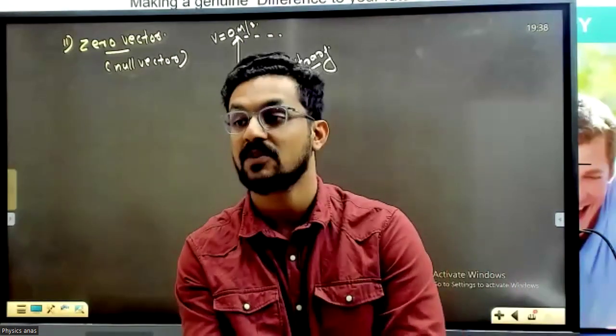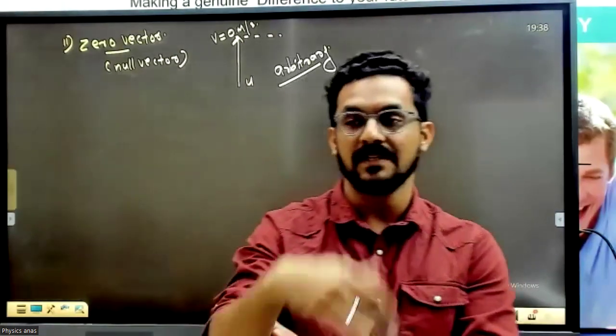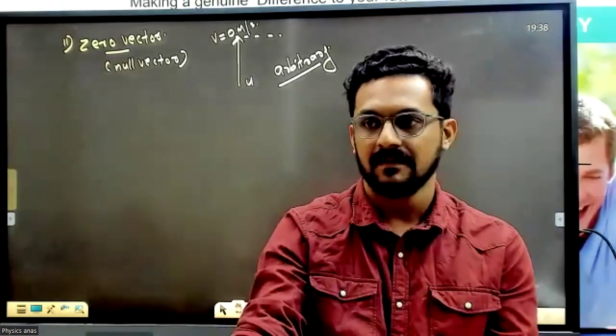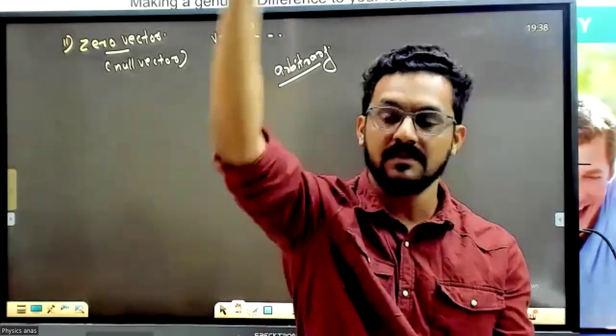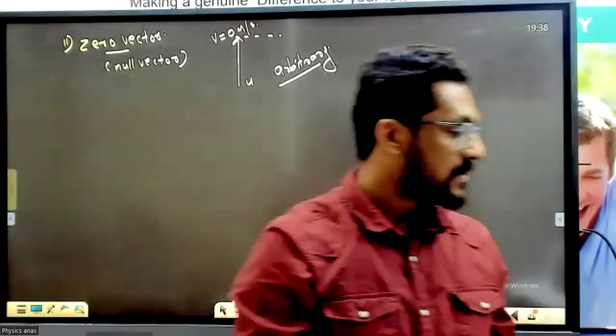Based on random choice. If I am choosing the direction like this, the zero vector is in this direction. If I choose another direction, that will change. Okay. So after that,